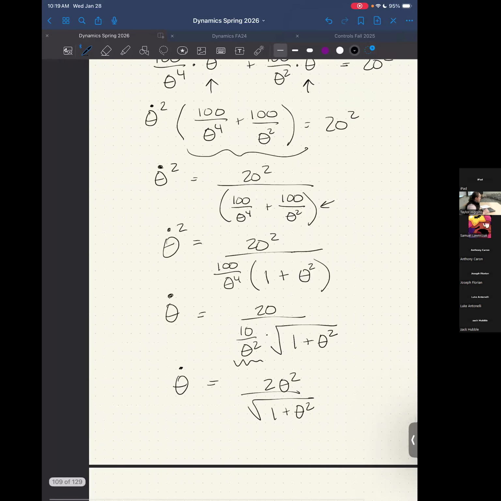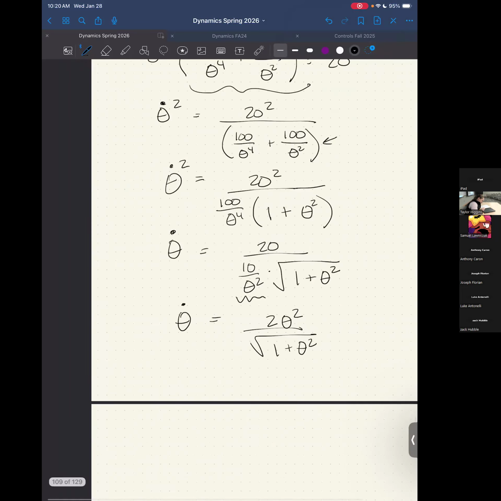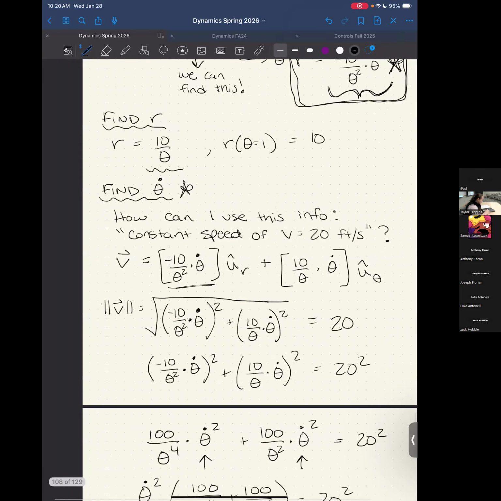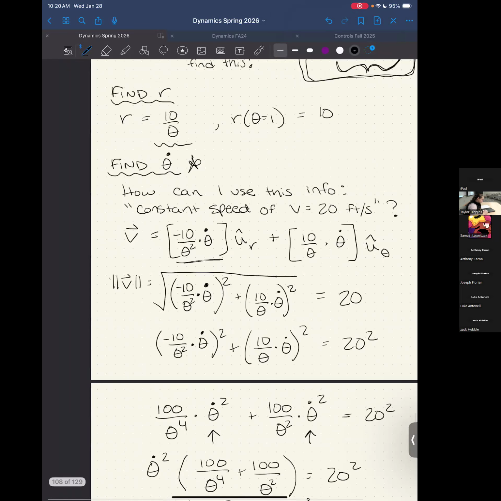We okay with that? Now what? Am I done? Plug it back in. So we got to plug it back into our velocity expression. So velocity is r dot u hat r. R dot was